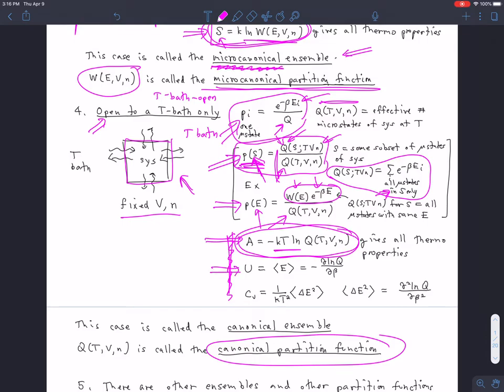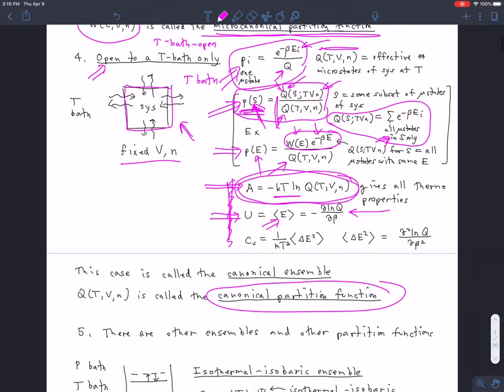The thermodynamic energy for a system, U, is just the same thing as the average energy for the system, and that can be calculated conveniently by just taking a derivative of the logarithm of the canonical partition function Q. Taking a derivative of that once more gives you the heat capacity,